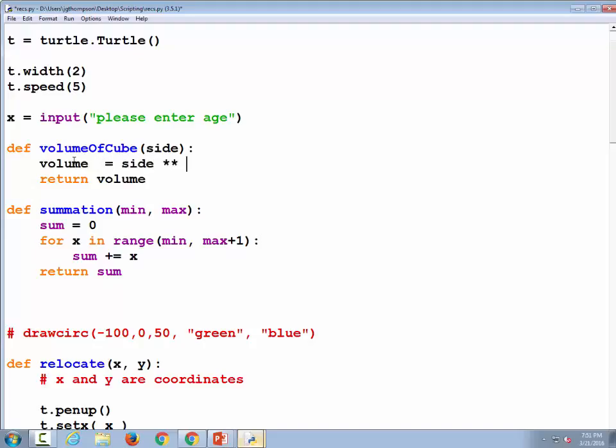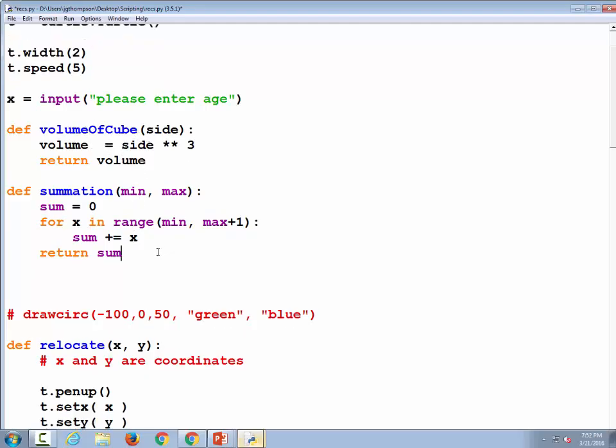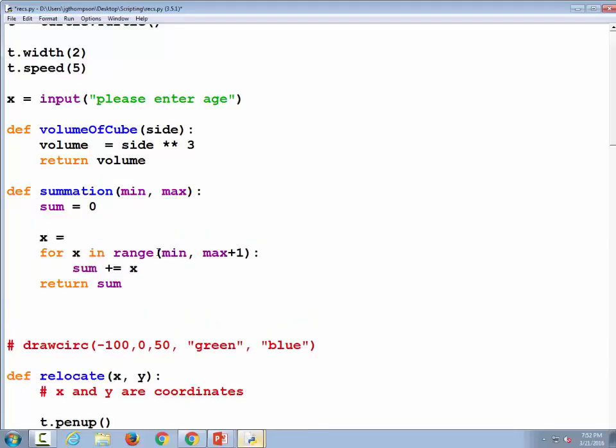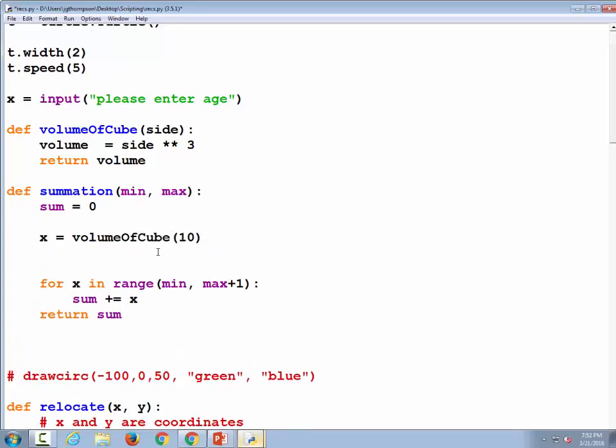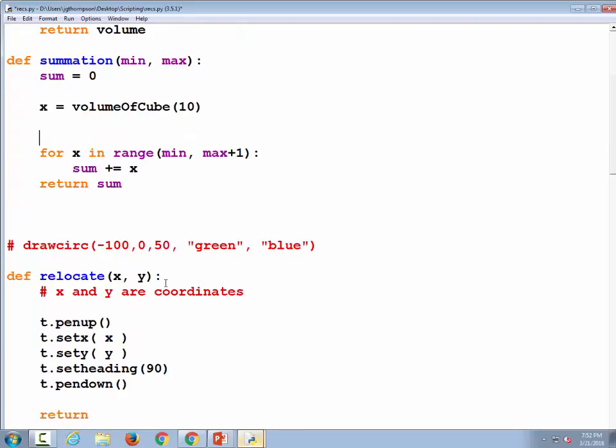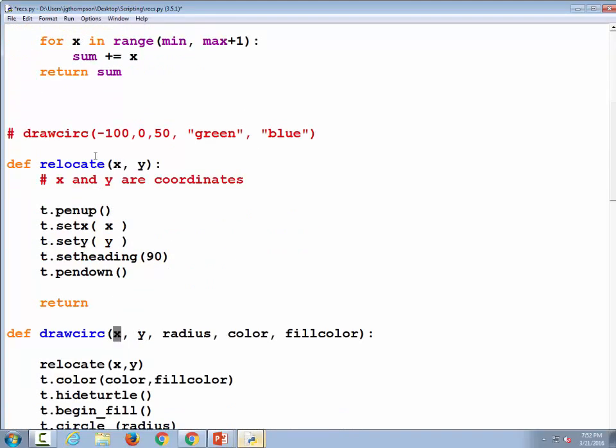It's side to the power of 3. So now if I want to calculate the volume of a cube, like if for some random reason down here in summation I felt like doing that, x is equal to volume of cube, I would need to pass in an argument like that. Now notice that even though our variable names have been consistent, like x here is x here, and x here,